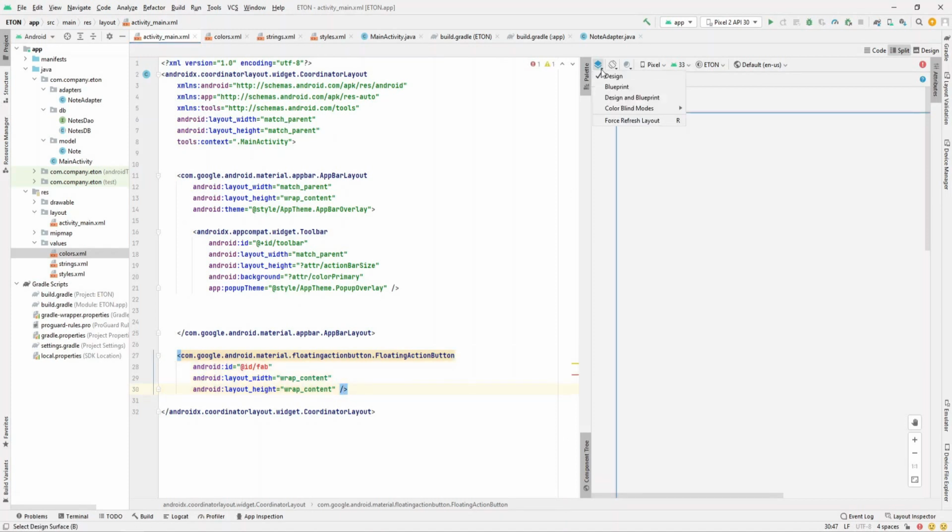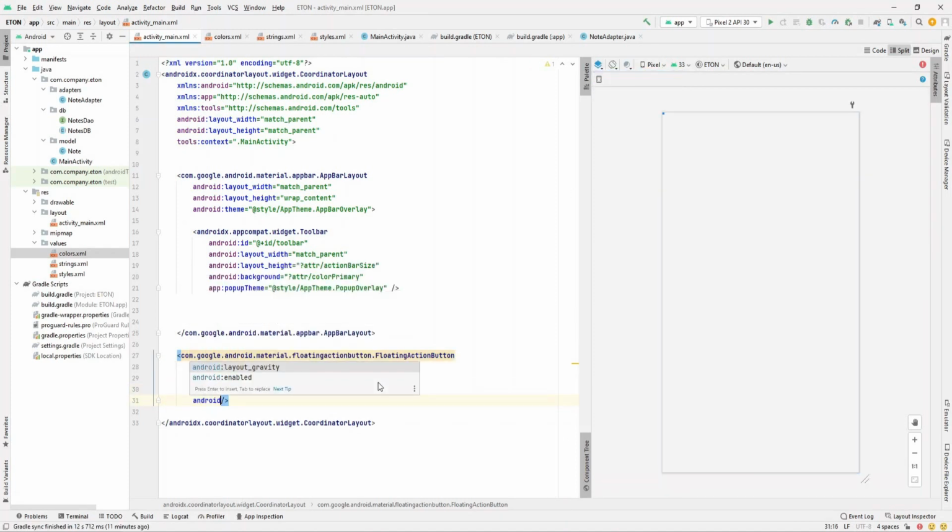And just one thing. Okay, android:layout_gravity, bottom,